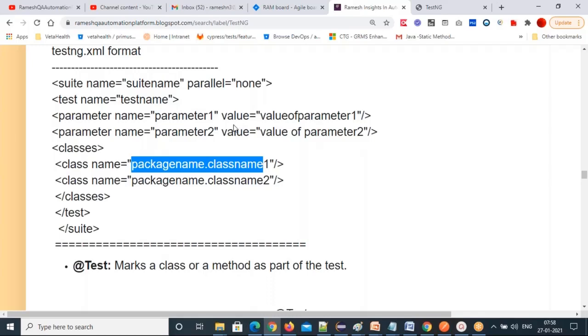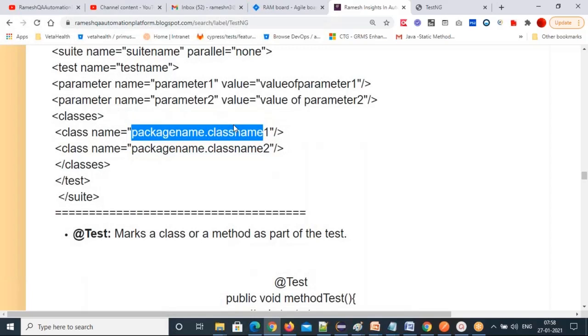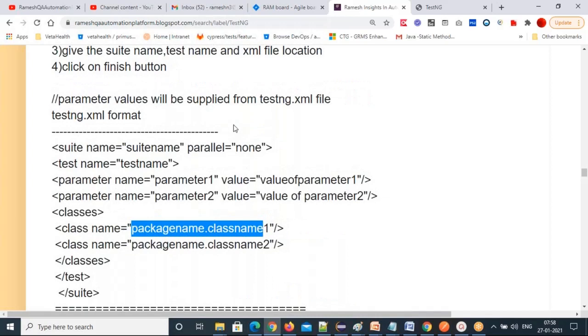Any queries? Instead of hard coding in your test case, you can store that data in the XML file and you can read it in your test cases or any other annotation method. You can give the values there. This is another interview question. How can you hide the data in the TestNG class? You don't want to give your values hard coded. You don't want to show data in the TestNG class.